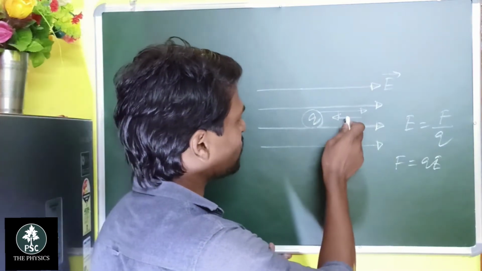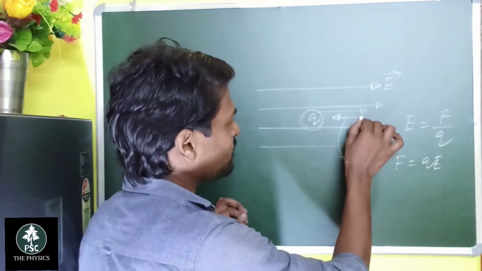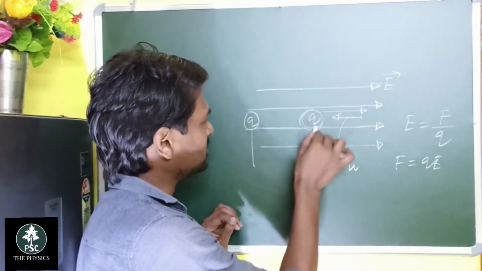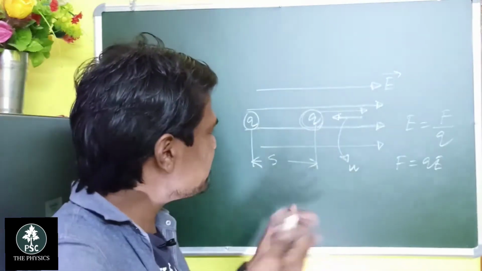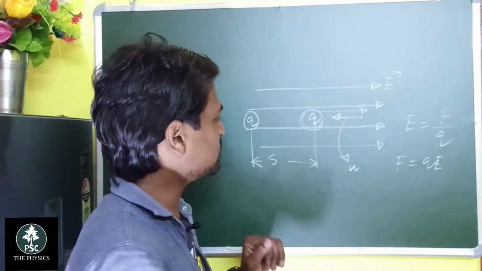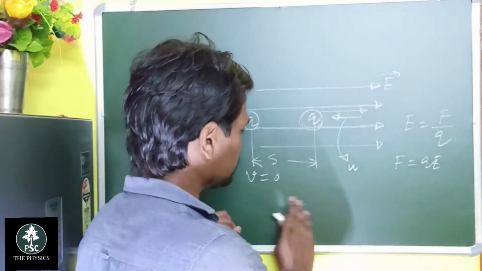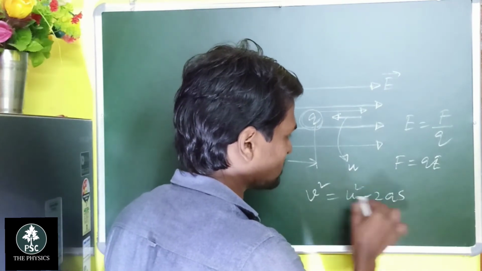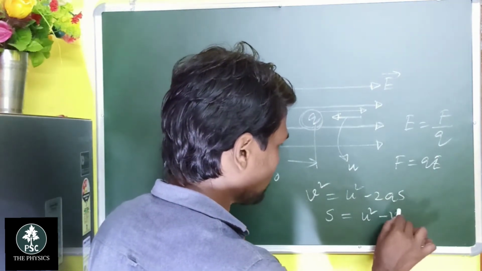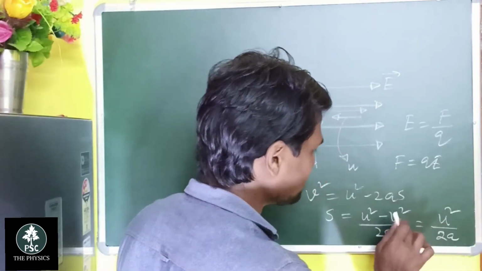Then you have to calculate the distance covered by this charge, how far it will go. So at that point the speed is v, and suppose the charged particle comes along this direction and covers distance s, it is momentarily retarded because an opposite force is acting, so it momentarily comes to rest. That is, the final velocity is equal to 0. So v square equals u square minus 2as, and here you have to calculate s, so s equals u square minus v square by 2a. Okay,